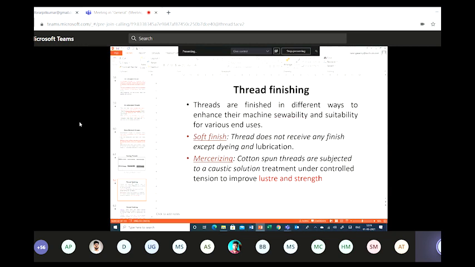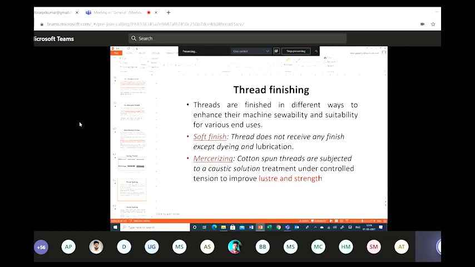In outdoor application, what happens? You receive a lot of UV light. So we try to put some UV inhibitors in the thread finish, so that the thread will have better UV resistance. Sometimes the thread is used on fabrics for marine applications. In the marine application, what happens?